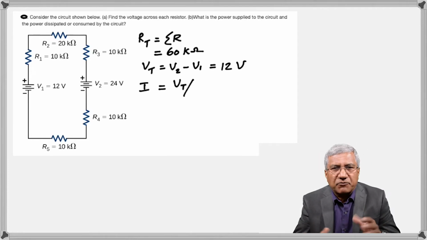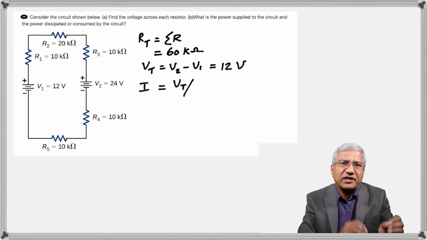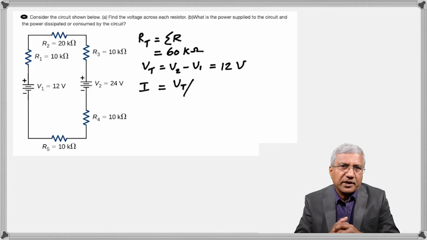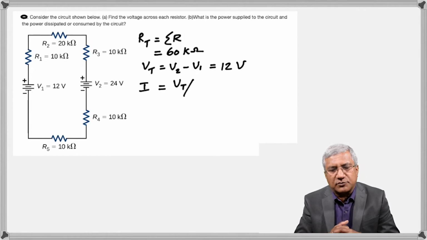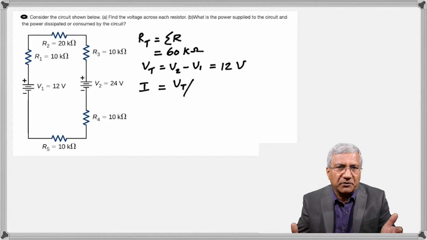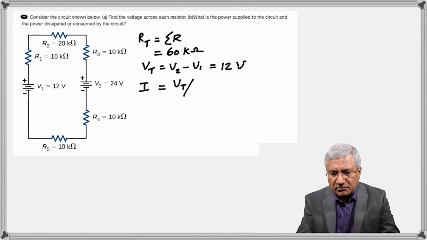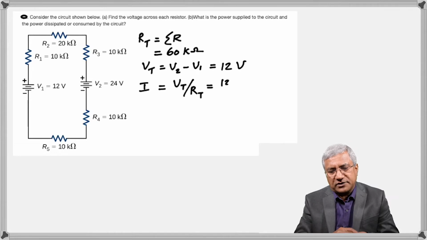Therefore, the effective voltage is 24 minus 12, because they are opposing each other. If they hadn't been put in the other way, like if you had rotated one of the batteries, it would have been V2 plus V1. Remember that. In this case, it's minus, so it's 12 volts. And then to find the current, just go Vt by RT,